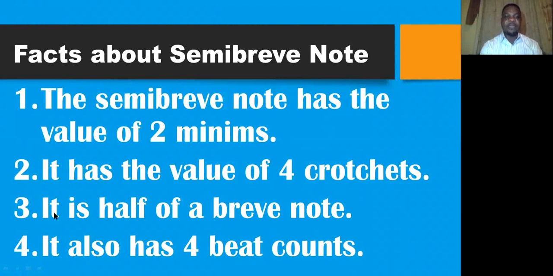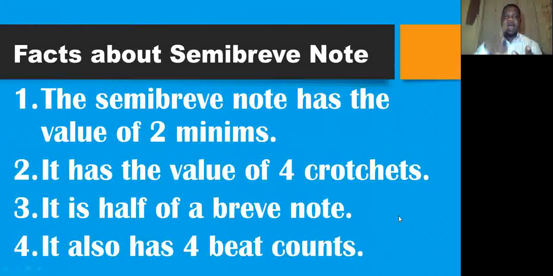And number 3 says it is half of a breve note. I said that earlier on. And number 4 says it also has 4 beat counts. Take note of this. It has how many beat counts? 4 beat counts. That is to say, when you come across a semibreve note in a musical composition, when you sound a semibreve note, it is sustained along 4 counts, like